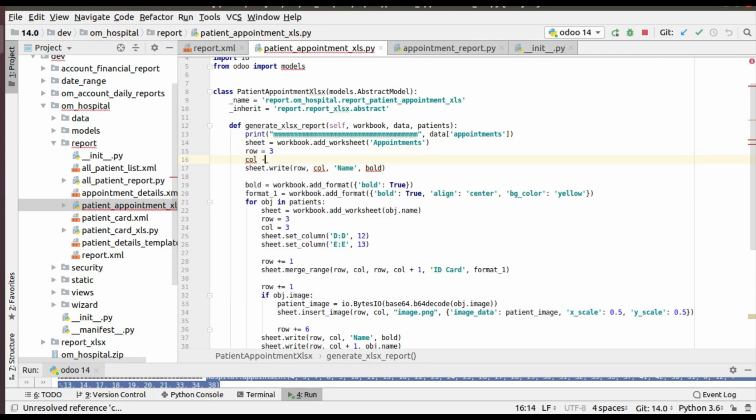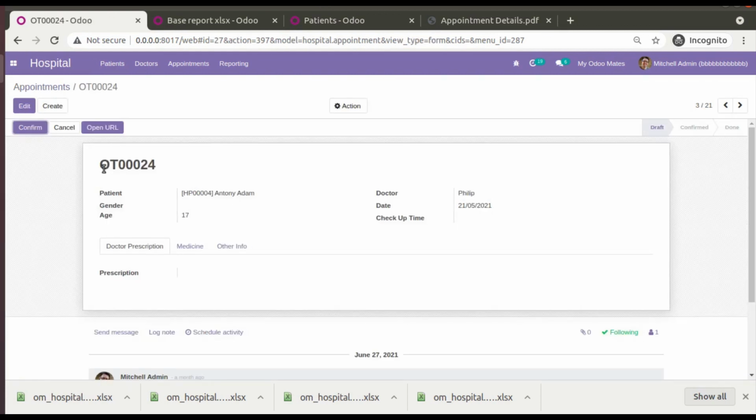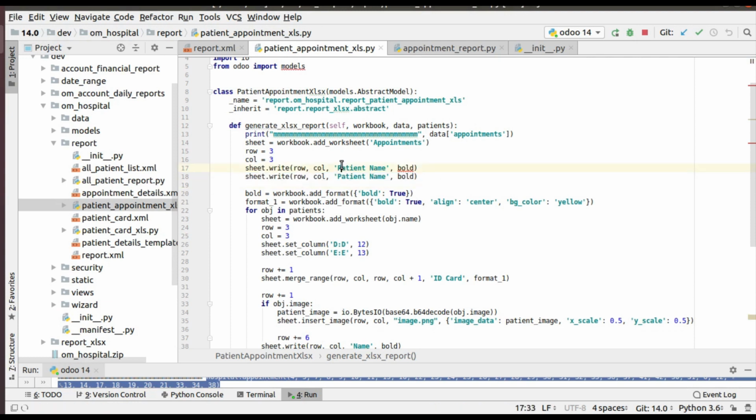Patient name, patient name. Just don't worry, I'll explain the thing that I'm doing. Patient name, what data we have that we can print: name and patient name, that is reference and patient name.